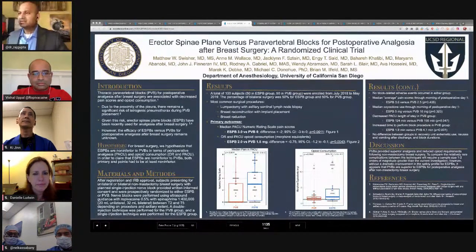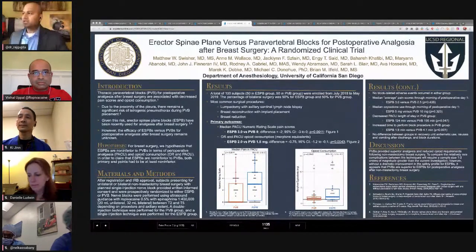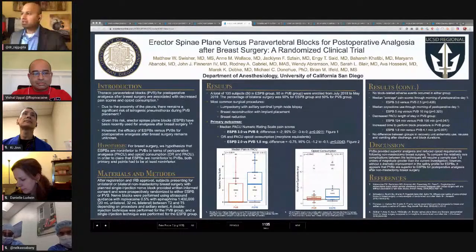The main point of this study was they compared erector spinae blocks against paravertebral blocks for a few different types of breast operations: lumpectomy with axillary lymph node dissection, biopsy, breast reconstruction with implant placement, and breast reduction surgery. And they did 100 patients, 50% ESP, 50% paravertebral. The way they interpreted the results was they showed that the paravertebral blocks had lower pain scores, which was significant, and lower opioid consumption, which was